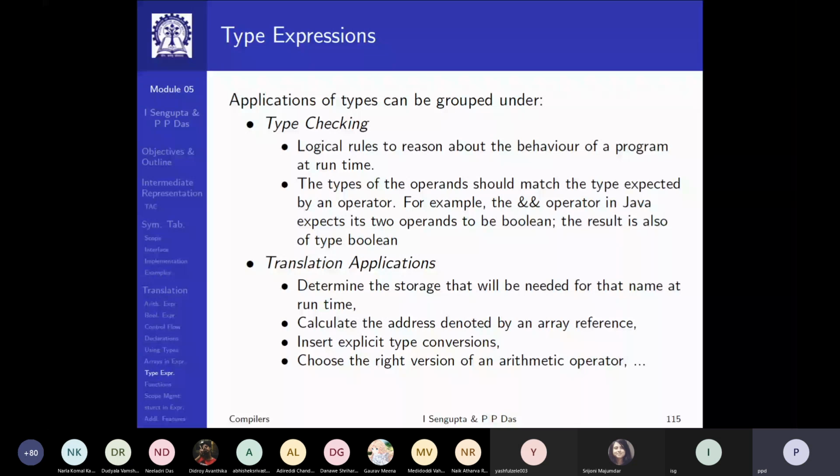The types of the operands have to match the type expected by an operator. It's the basic requirement of type checking. So anywhere, this compatibility between type expressions is very important. We will take examples, so do not get worried if you are not following it 100%. The other class of applications of type expressions are